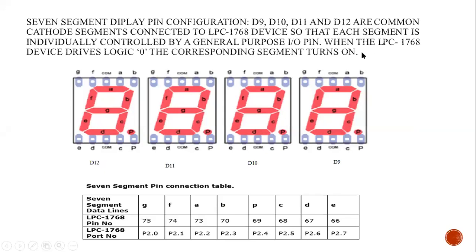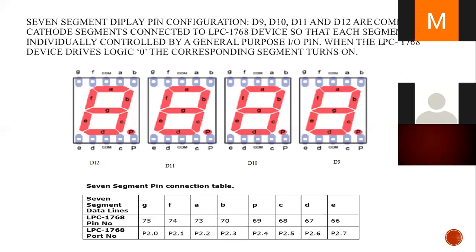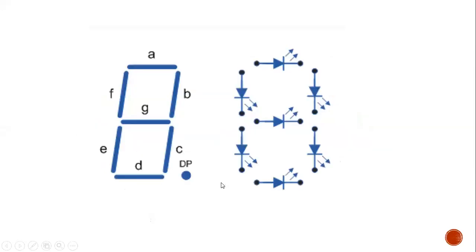Here we will give logic 0 in order to switch an LED on. You can see here the port numbers which are connected to these pins. You need to understand very carefully the pin numbers they have connected.